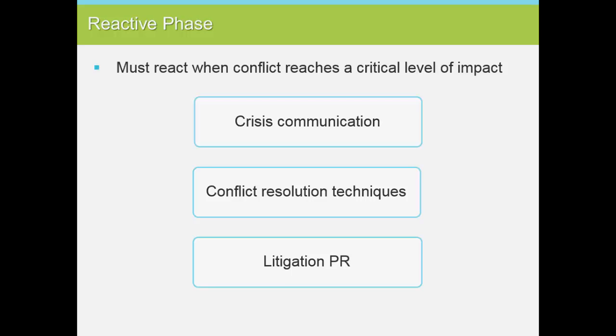In crisis communication, the PR professional implements the crisis management plan from the previous phases and, in addition, ensures effort is being made around the clock to meet the needs of the publics impacted. When a conflict has emerged but hasn't yet reached a crisis level, conflict resolution techniques can be used to negotiate, ease tension, and prevent the conflict from becoming a crisis. When a favorable resolution is not negotiated, conflicts can end up in court. Litigation public relations specialists employ tactics to gain support from the public concerning the trial.